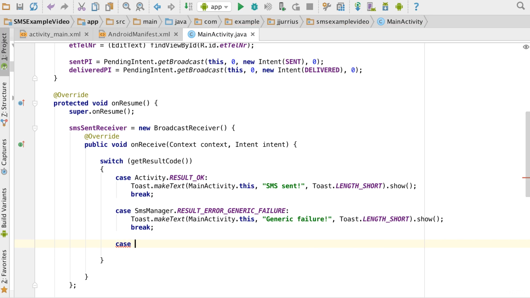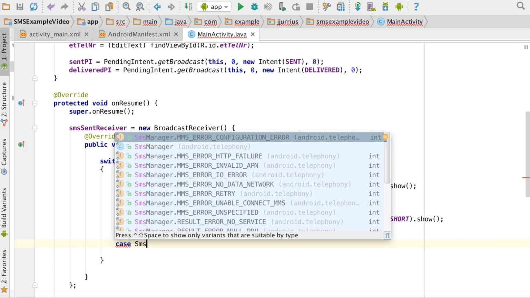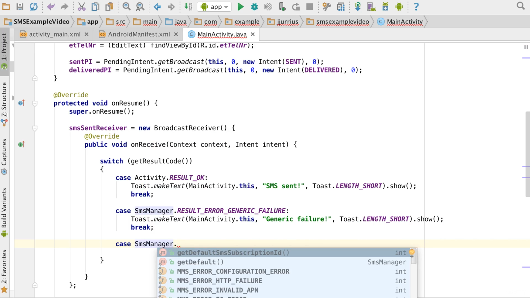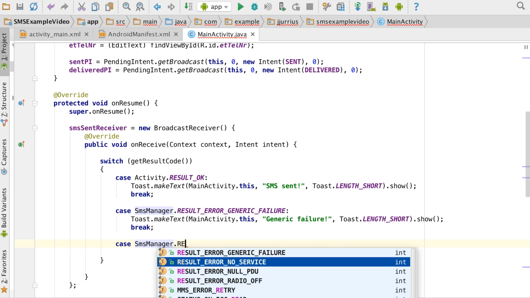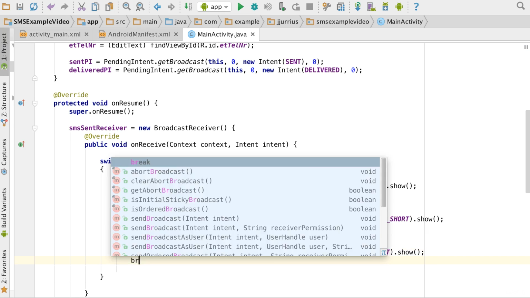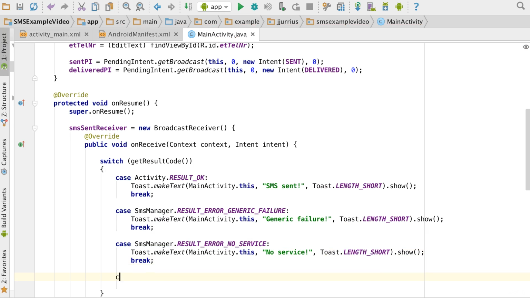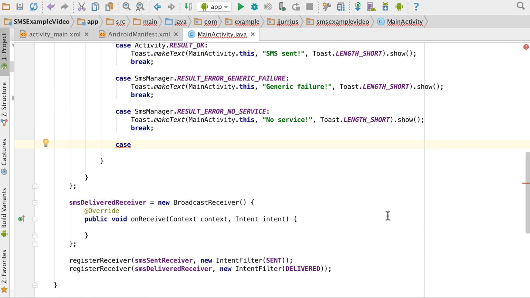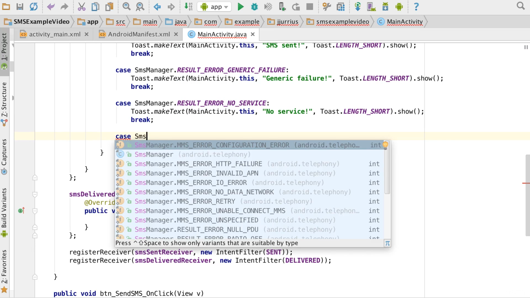The second case that you can test for is also SmsManager. Or the third one there, result error no service. So I'm just going to say no service. Then the next case will be SmsManager